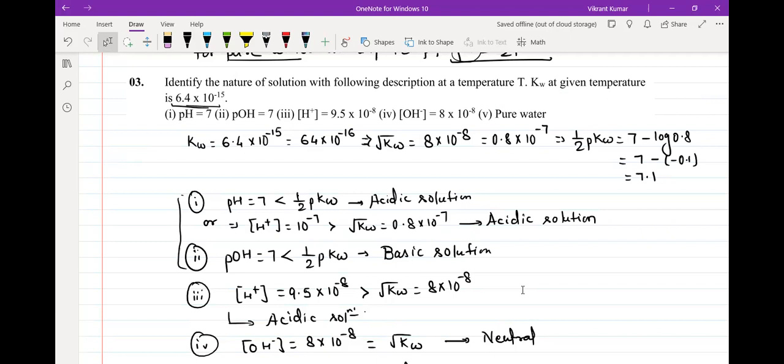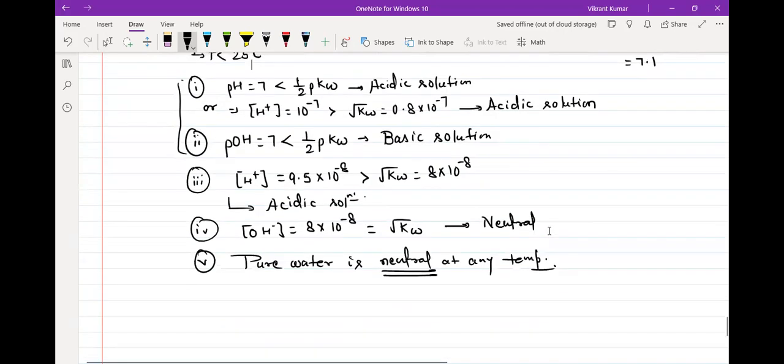Because at 25 degrees C, Kw is 1 into 10 raised to minus 14. This is 10 raised to minus 15. So this is 0.64 into 10 raised to minus 14, which is less than 1 into 10 raised to minus 14. So because of this value, we can say the given temperature is less than 25 degrees. Now, if I just try to draw this on a scale,